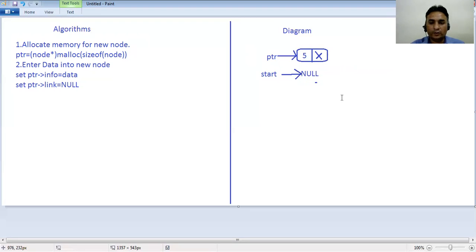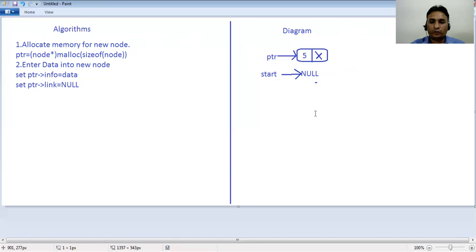Start having null, so after addition, this node will be the last node of the linked list and also the first node of the linked list.